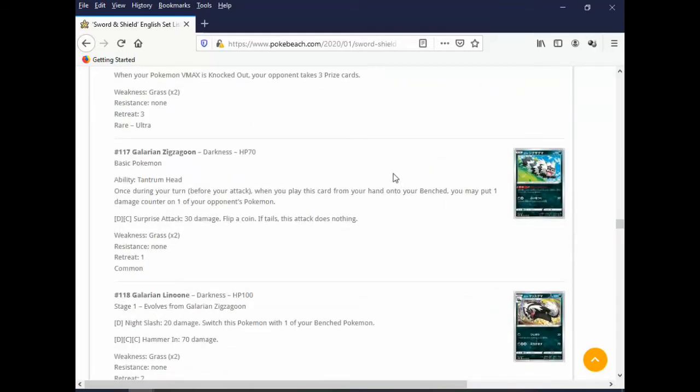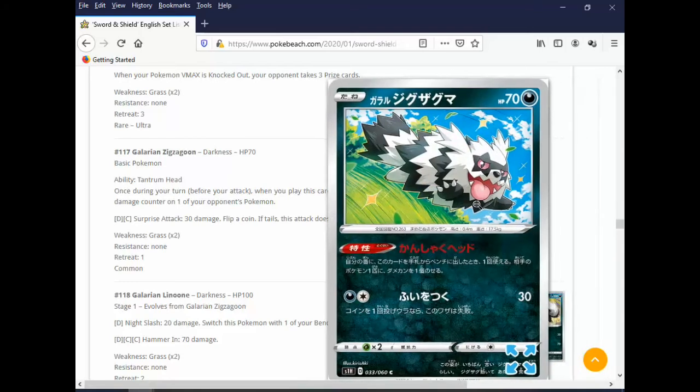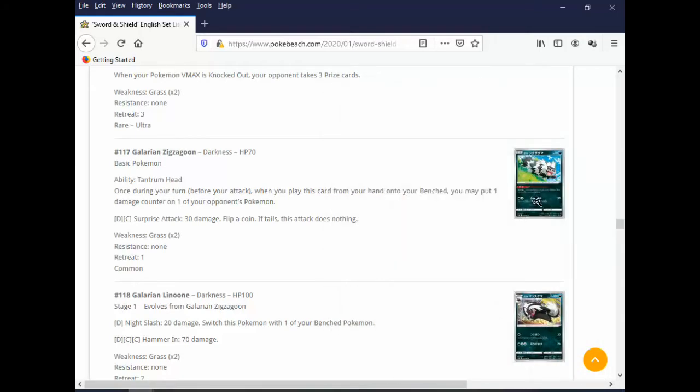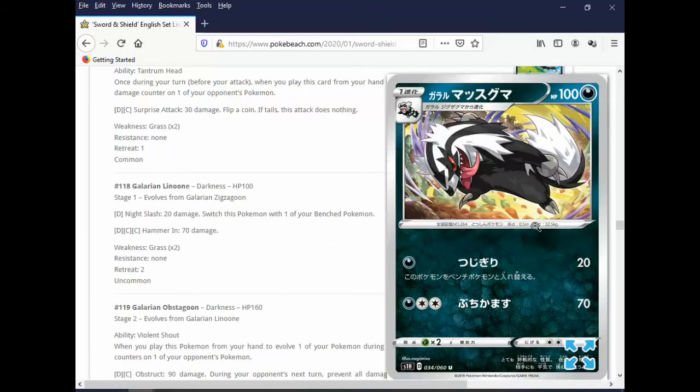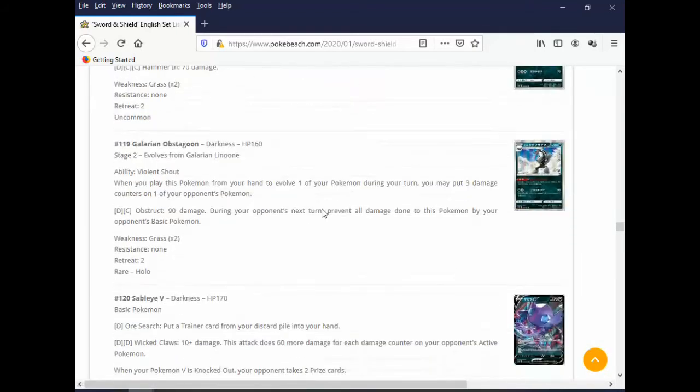Okay, next up we got the Galarian Zigzagoon line, which I think is good to be honest. Once during your turn, replay this card from your hand. Yeah, the Zigzagoon, you play this down, you can put a damage counter on one of your opponent's Pokemon. The Linoone doesn't really do much, but the big boy is